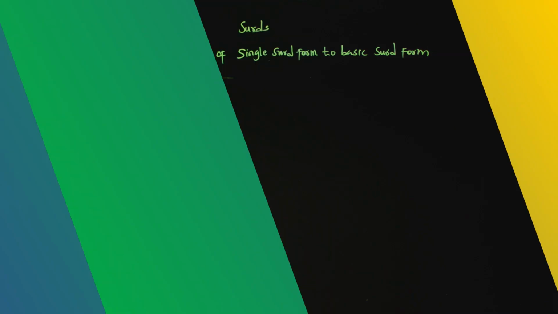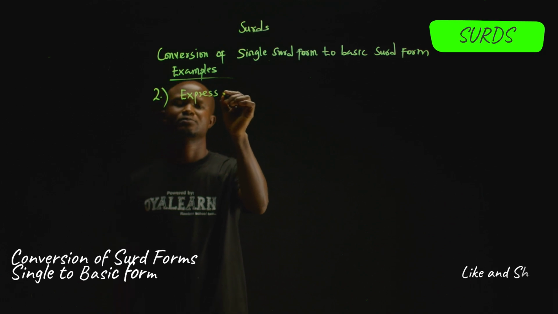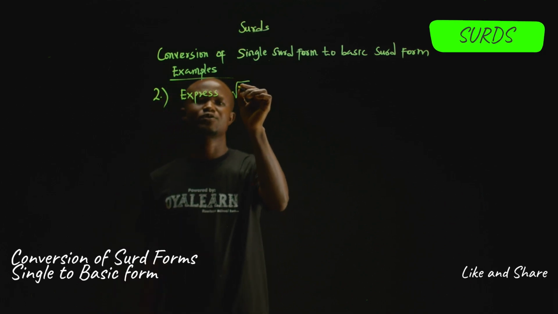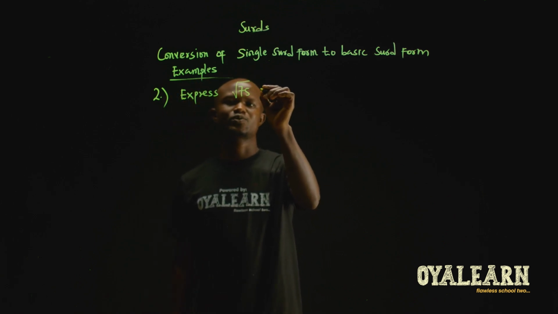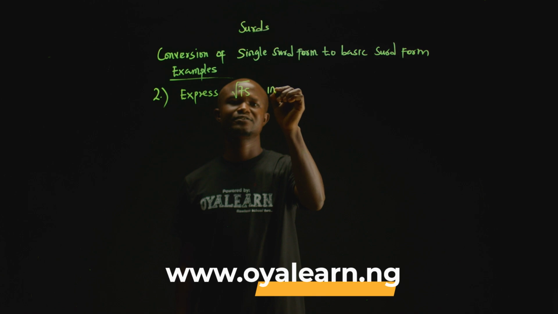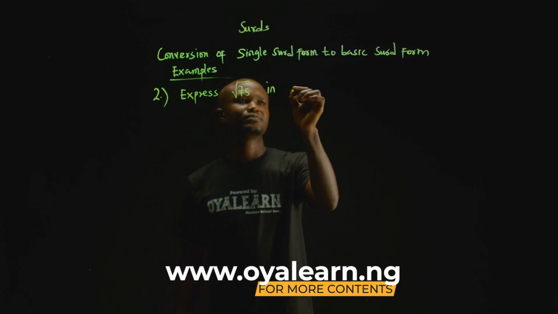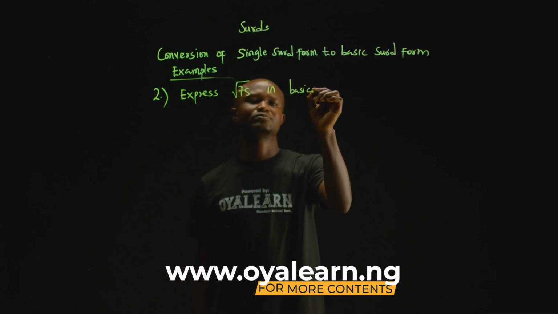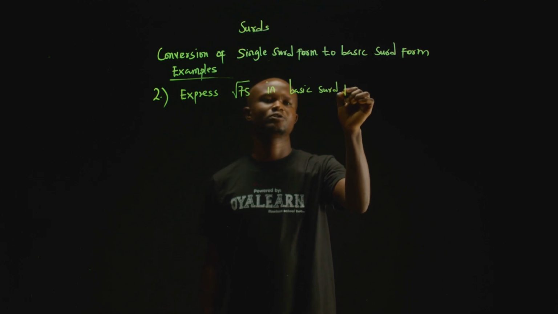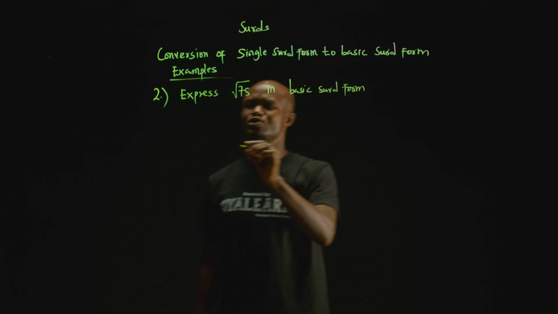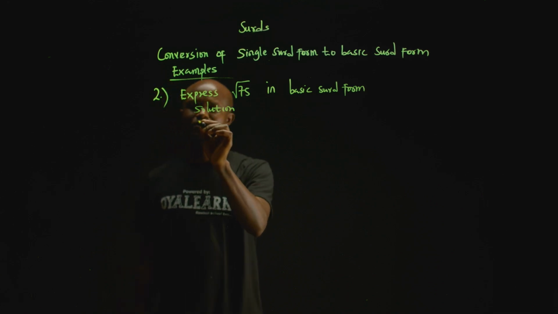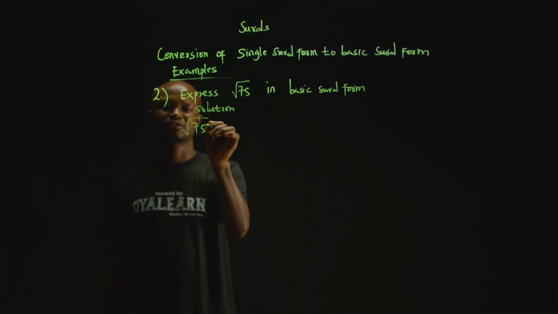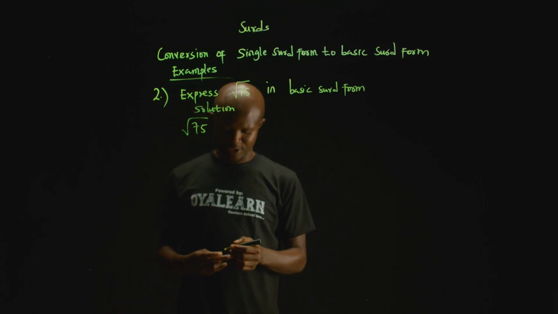Express the square root of 45, square root of 75 in basic surd form. Solution. Square root of 75. Now we need to look for a